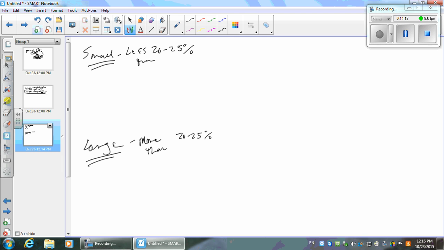Here's the deal. What we're going to do if it's small is we think it is the same as if we had given them the market value of the stock. So we're going to record it at market value. You guys really are kind of fun because you can actually give you some theory here. Okay? Record at market value. Okay? I'm going to record it at the market value. Because I think when I give you these shares of stock, you'll be able to sell it for the market value.